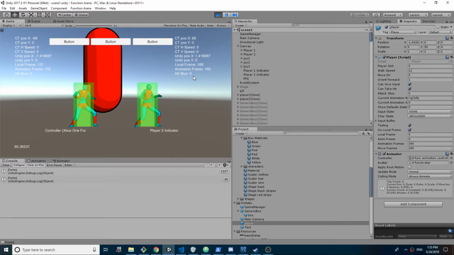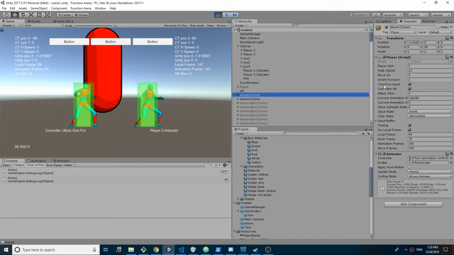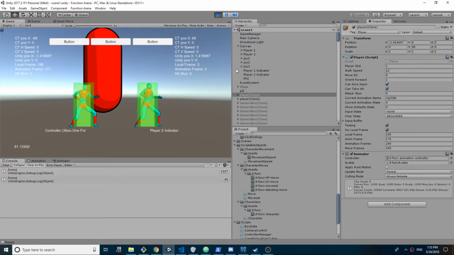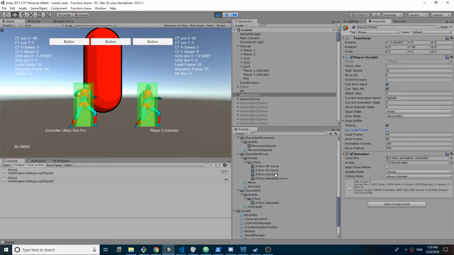So, what else have I changed? Quality of life. I did mention that quality of life. Plenty of changes to the editor, my custom editor, to do such things as